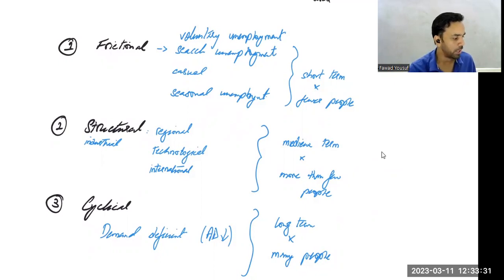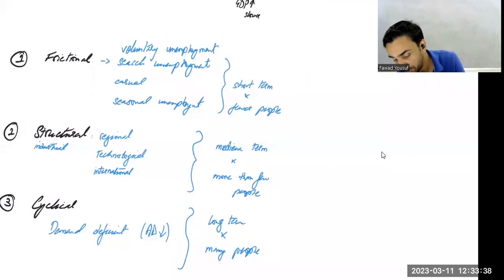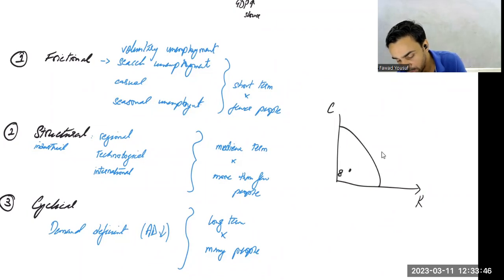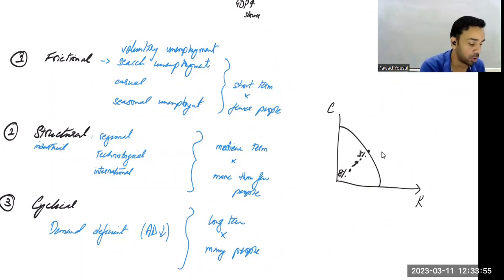अनएम्प्लॉयमेंट का पॉइंट ऑफ व्यू एक तुमको और कहाँ से समझ आना चाहिए. एक ऑन द PPC curve you should have an understanding. Remember, you should be able to connect it to the PPC. Capital, consumer, unemployment. This might be 8% unemployment. This might be 3% unemployment, right? And on the curve is your full employment being on the potential, right?